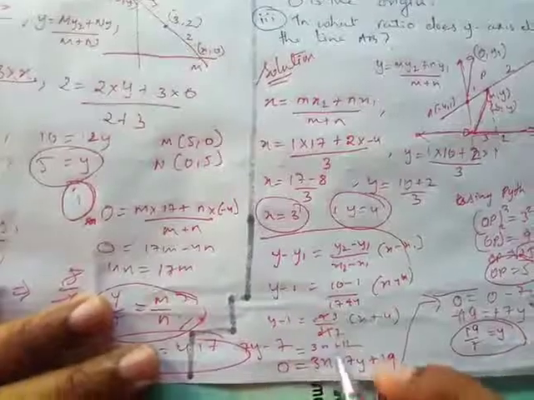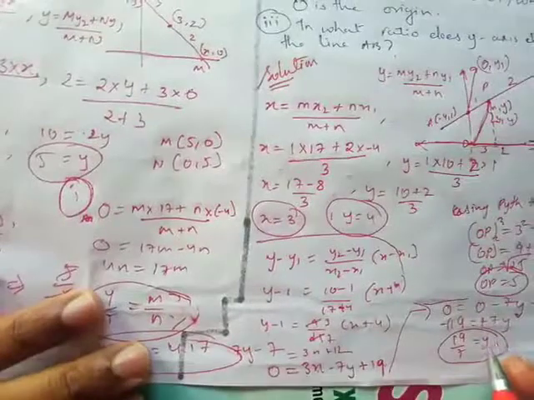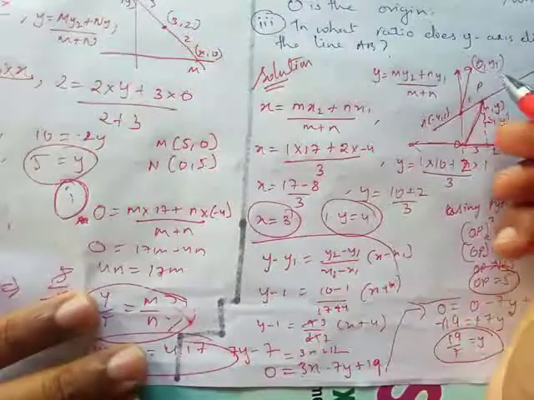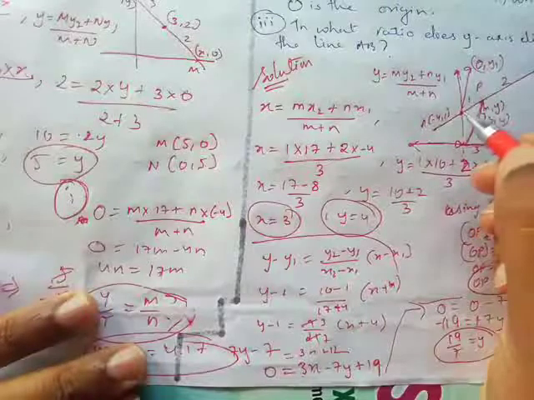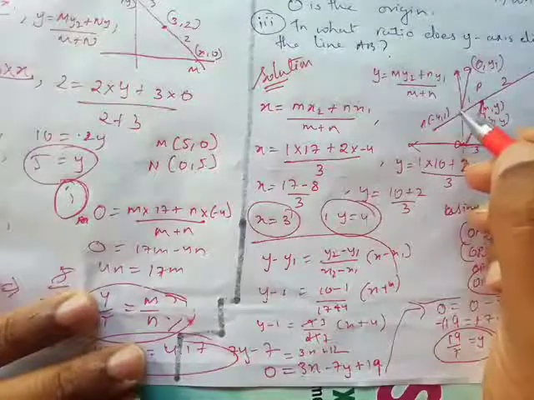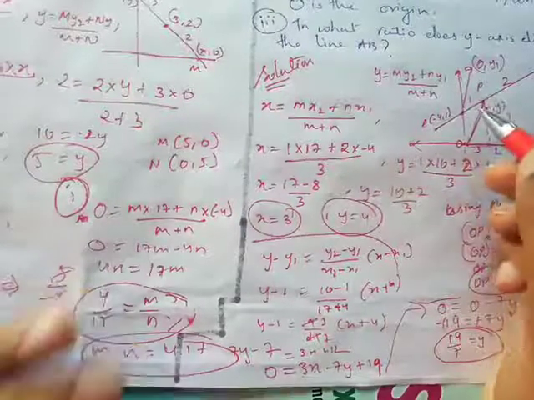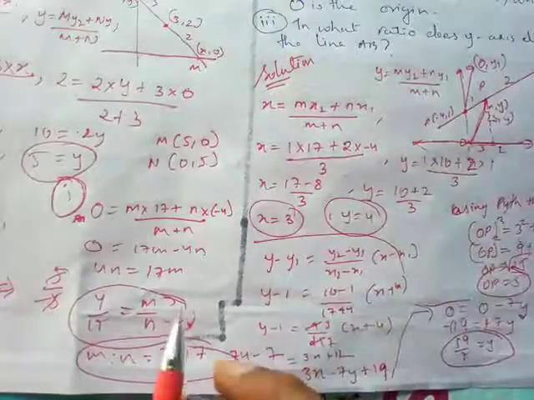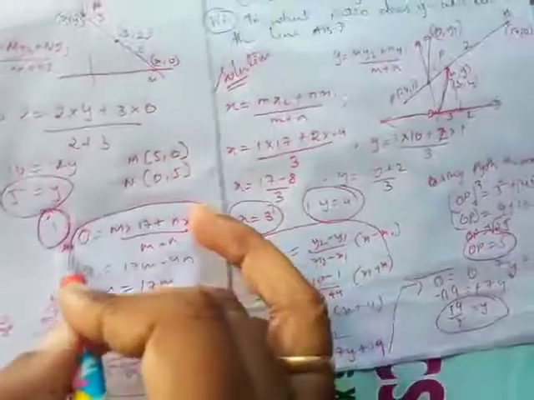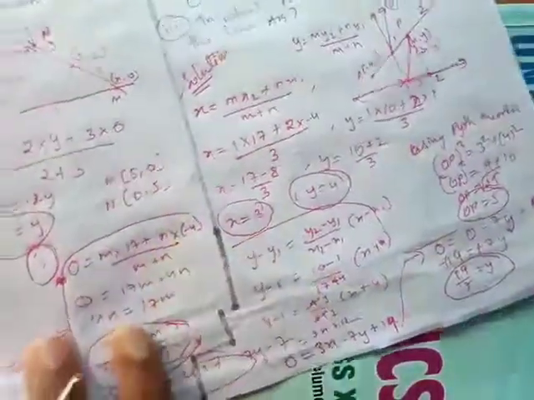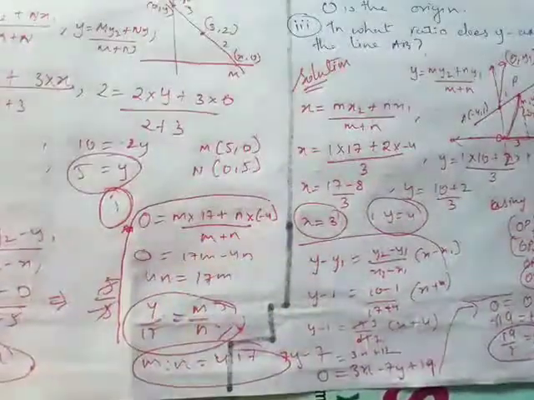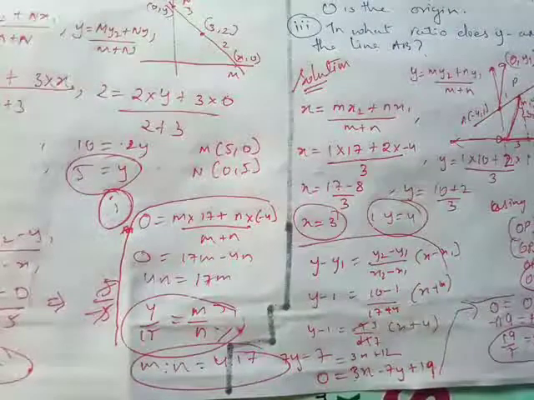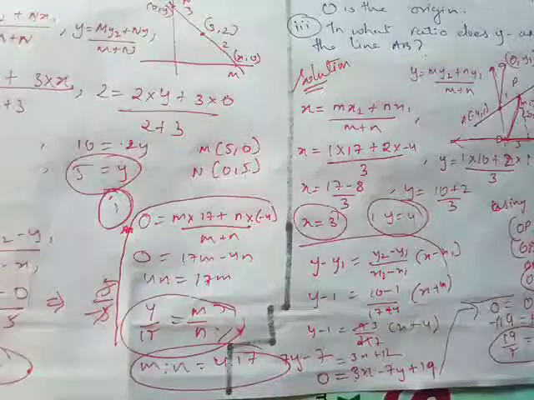ओके, ये क्यों किया मैंने, ये इसलिए किया था कि y की वैल्यू आपको मिल जाए और आप यहाँ 0,19/7 पुट कर सको, एंड देन जब आपको ये नया p डैश मिल गया आपको, तब आप m और n इजीली ढूंढ सकते हो। पर हमें m और n नहीं ढूंढना था, हमें उनके बीच का रेशियो ढूंढना था, इसलिए मैंने डायरेक्ट फार्मूला ये लगा दिया। ठीक है, आप डायरेक्ट फार्मूला लगा दो, जो भी फार्मूला होता है x को लेके, क्योंकि आपको x तो पता ही है कितना है, 0 है, and then you will get the ratio between m and n, that is 4:17.